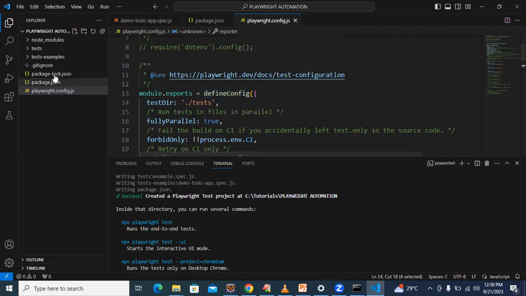Okay, so this is the default structure of Playwright. Hereafter we are going to start implementing our test scripts under this tests folder, and we are going to run them. Okay, thank you. In the next video section we'll start creating the test scripts under